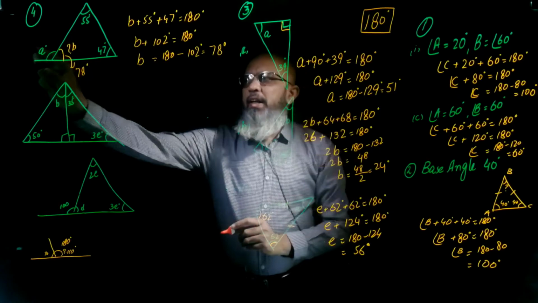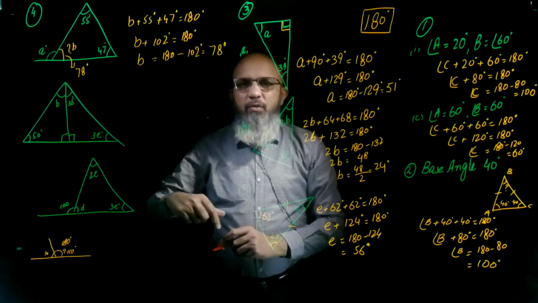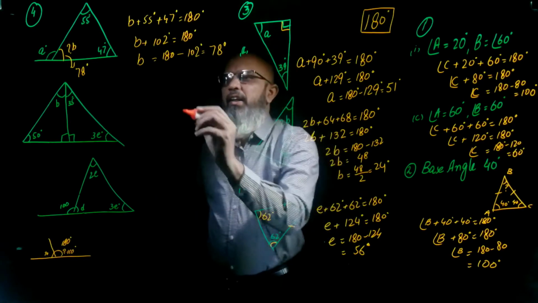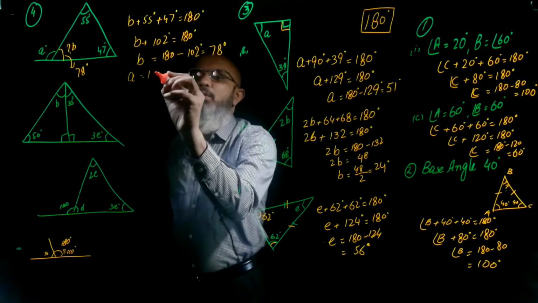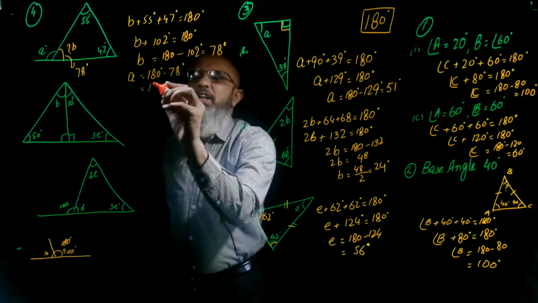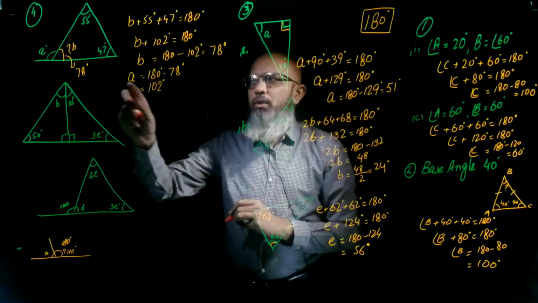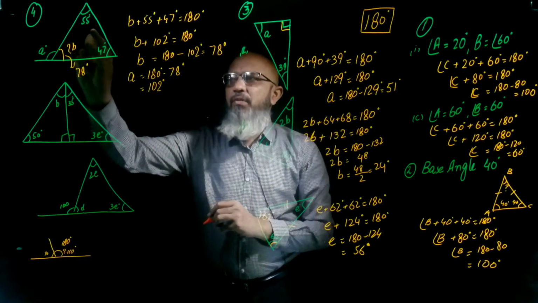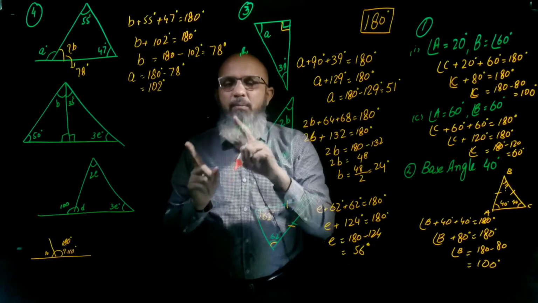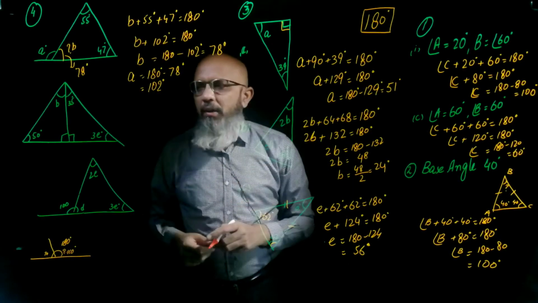So now it's quite easy for you to find A. How? By subtracting 78 from your supplementary angles, the angle of a straight line, that is 180. So angle A is equal to 180 degree minus 78 degree. You will get your answer, 102 degree. Okay, the other thing you can also do is that angle A is equal to angle 55 plus angle 47, means the exterior angle is equal to the sum of the two opposite angles. Both ways you can find it, right?